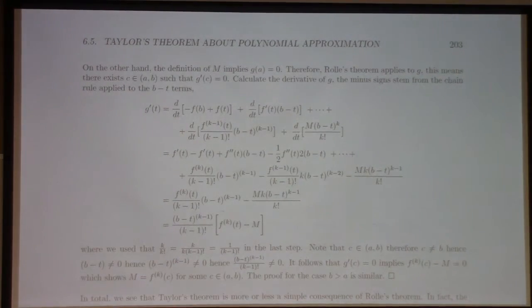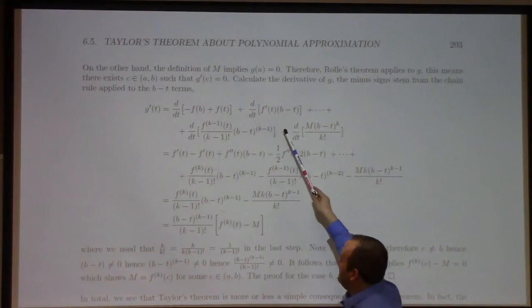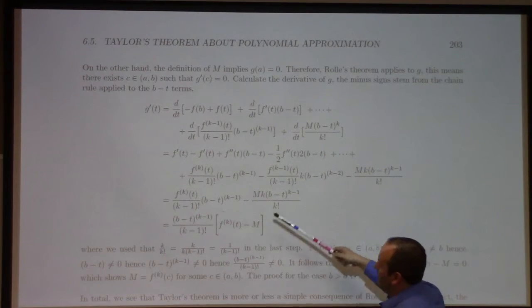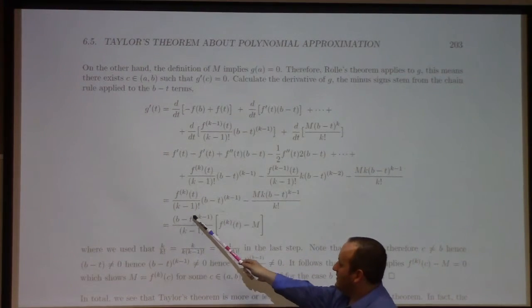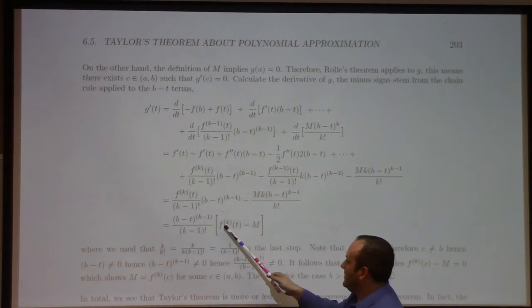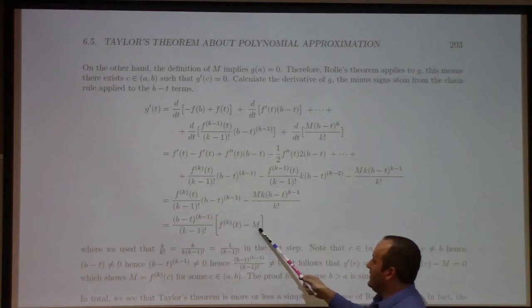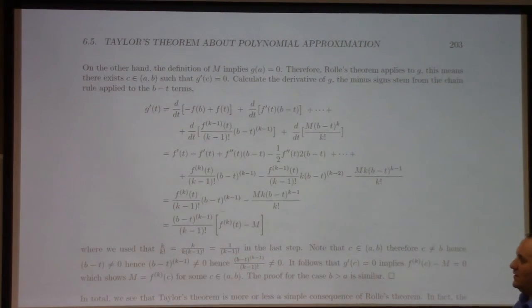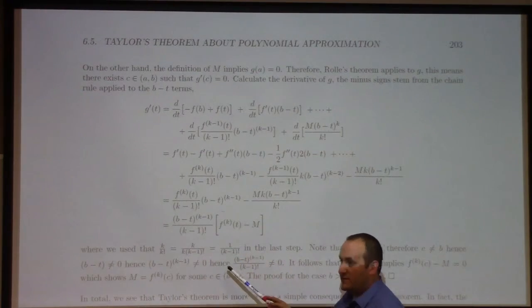All right, so to show it's differentiable, I guess it's kind of already clear from the formula it's differentiable, but here's actually the differentiation of it. It's kind of a mess. But after a little bit of work, you come to this formula, b minus t to the k minus 1 over k minus 1 factorial, the kth derivative of t minus m. So that has to be 0, but you can argue that this front factor is non-zero, so that forces this